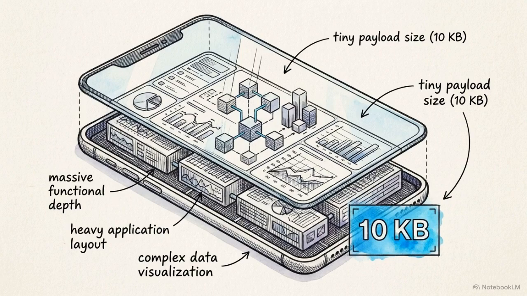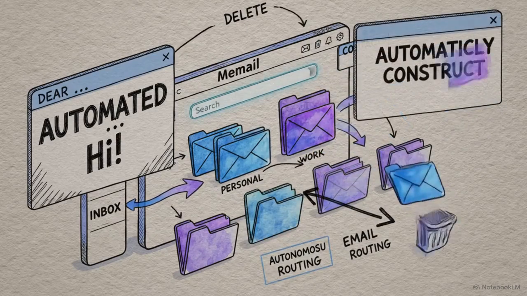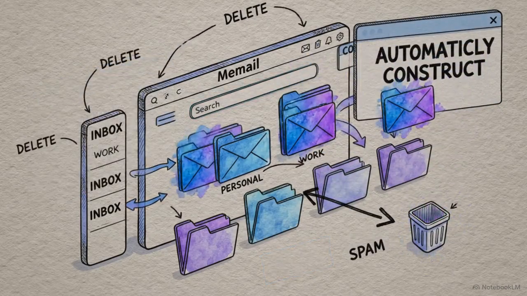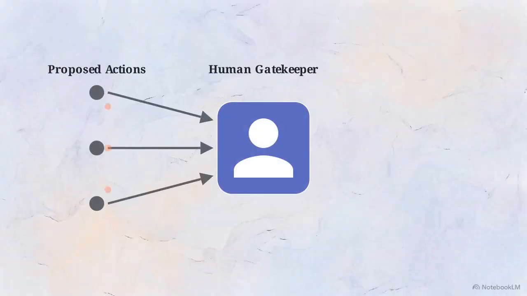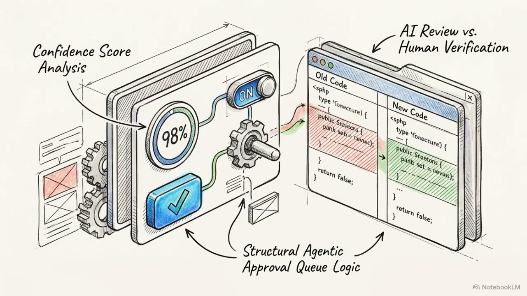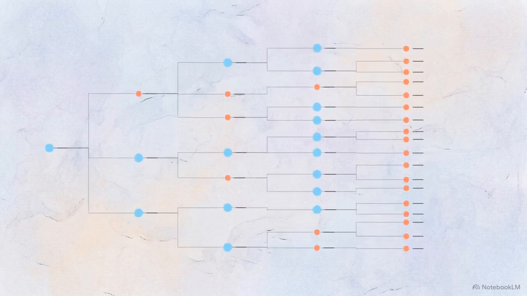The traditional static page model is dying, replaced by software that stops passively displaying data and begins autonomously making decisions. As systems become proactive, human-in-the-loop design becomes essential. Oversight is the critical requirement for AI agent workflows that handle high-stakes execution. The interface must clearly communicate the AI's confidence level and explain its proposed actions through patterns like the Agentic approval queue. Adaptive product cards and global command palettes move the user away from manual, nested menu diving and toward intent-driven,